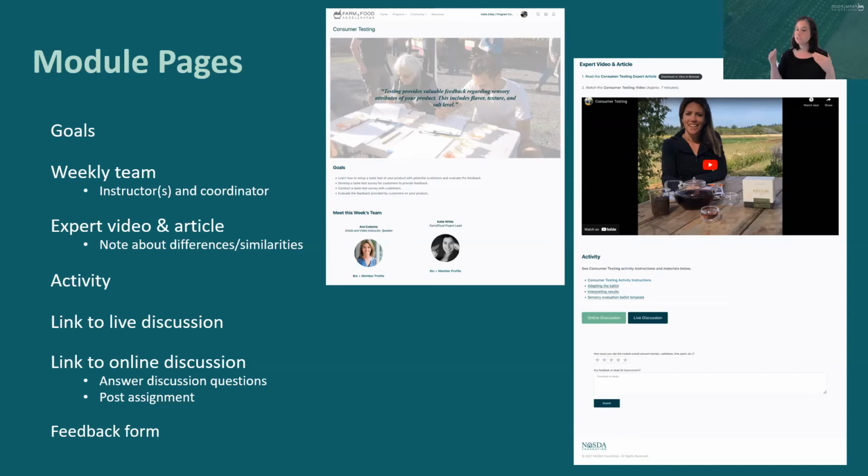There's the activity section, which will detail out what you're supposed to do for the activity. We have activity materials, so it's usually a link where you download the worksheets, and you'll fill it in on a PDF and save it. So you download it, fill in the PDF, save it, and then post it again. And then there's a link to the live discussion, which just takes you back to that live discussion page. A link to the online discussion, which takes you to the specific discussion for that module, and